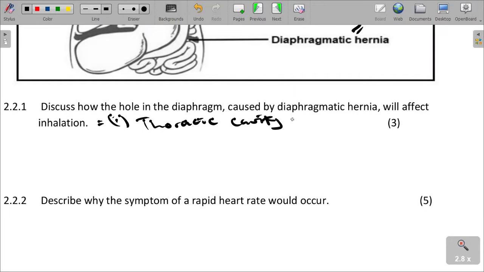The volume is reduced. So it means less oxygen can be taken in, and the abdominal organs pushing into the thoracic cavity are limiting inhalation and the ability of the lungs to fully expand,